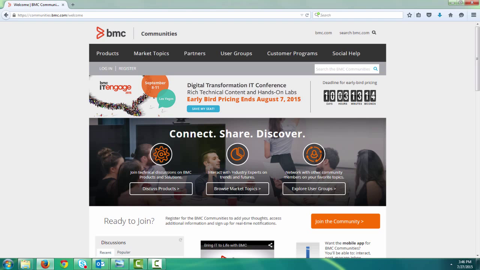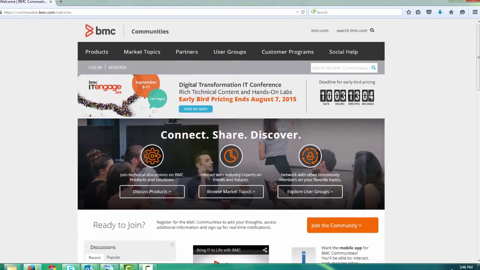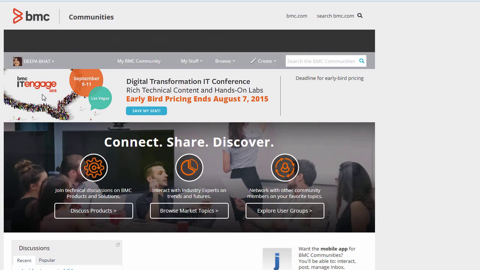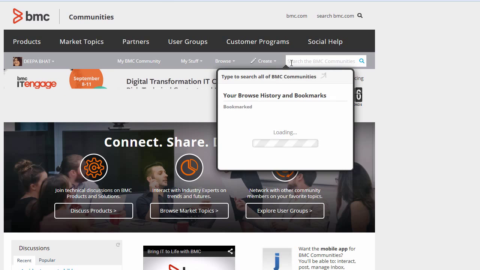Downloading the EasyDeploy utility is easy if you have access to the BMC Cloud Lifecycle Management community. For the purpose of this demo, I'll show how you can download the EasyDeploy utility for a Windows environment. Log on to BMC Communities. I'll perform a search on the word Easy Deploy.